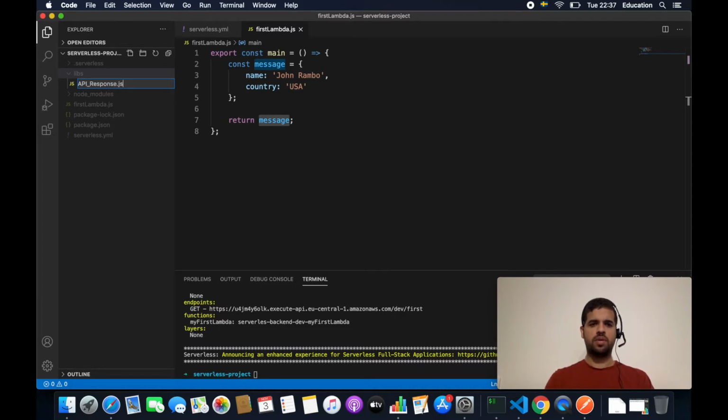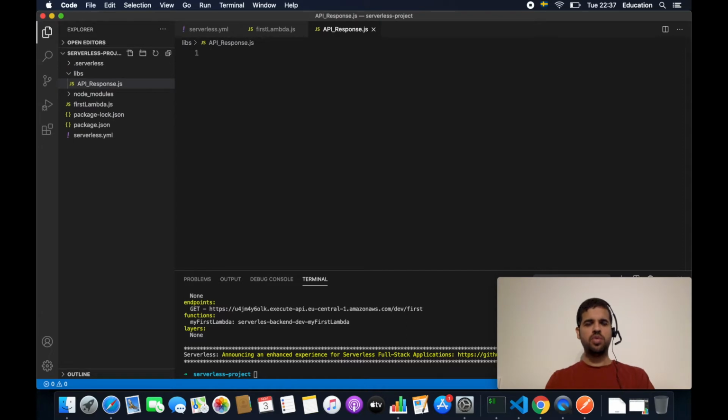response.js. And this will be a handler function for all the lambda functions that we will create, which will save us from repeating code or having code duplicates. So for that, let's type this function. We will call it handler, and it will grab our lambda function. Basically, we will wrap all our lambda functions inside this handler,